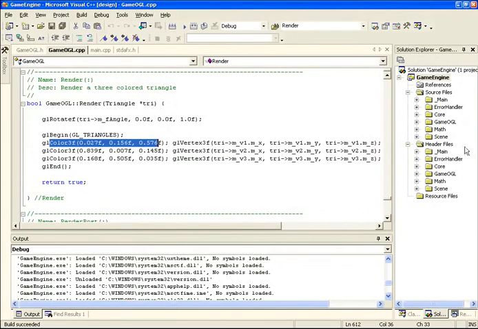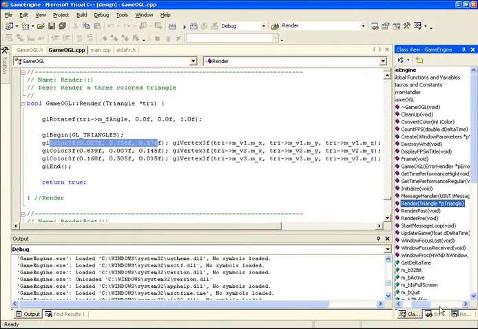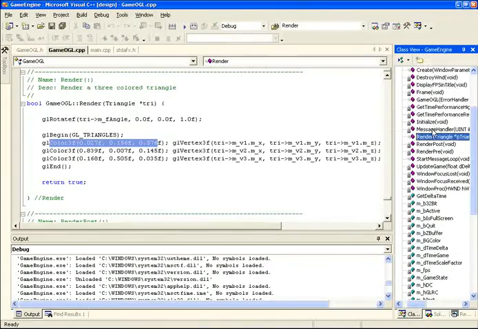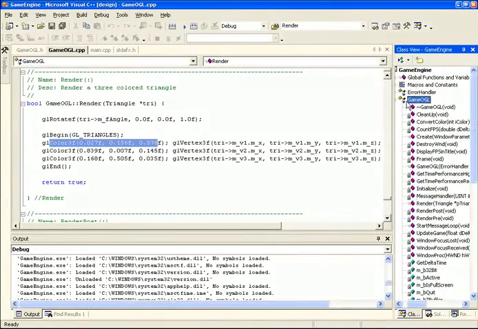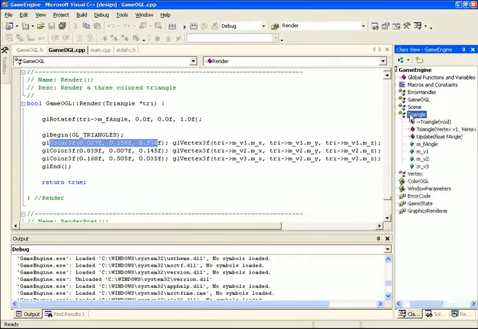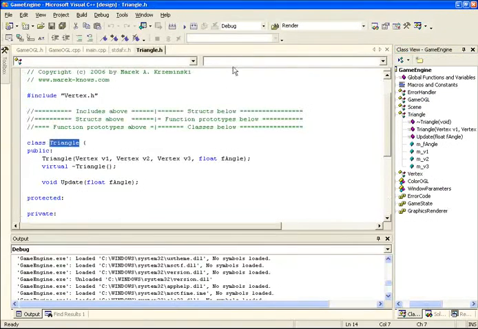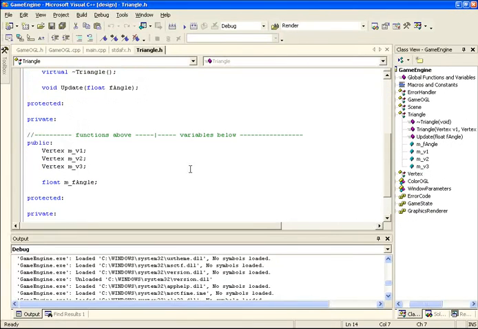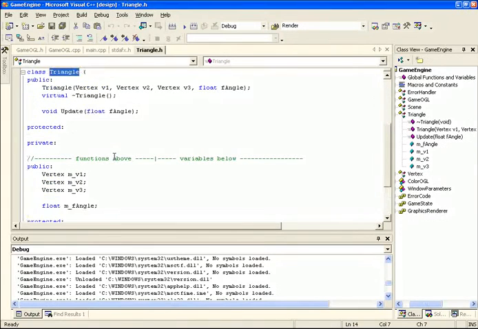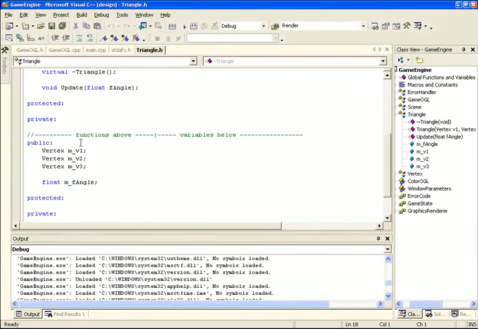So to do that, let's go into the triangle class. Let's see where it is here. Triangle, and go into the .h. At the bottom here, we see that we have three members for the three vertices, as well as the angle that we rotate the triangle about. Well, now we're going to add the ColorOpenGL specification so that we can select what color we want this